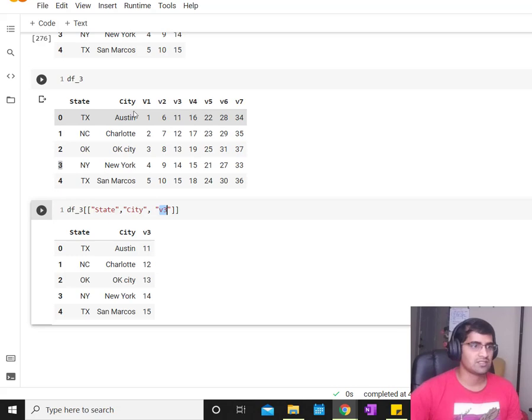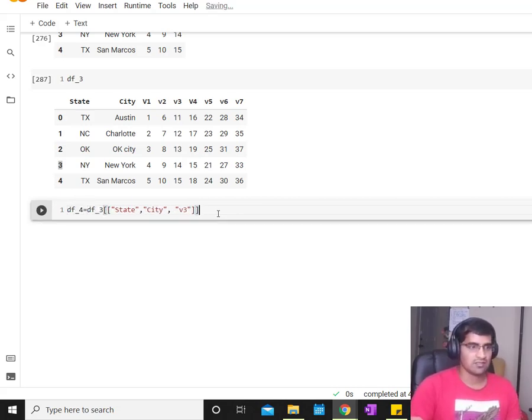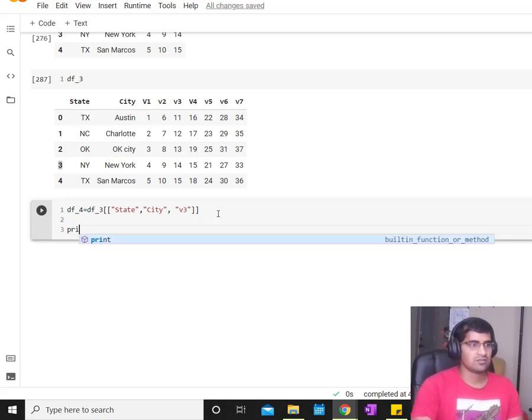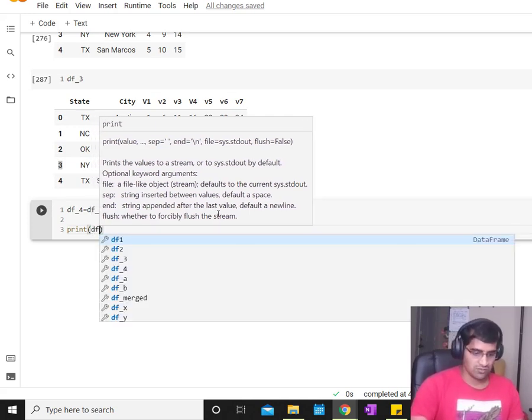In this way you can create a new data frame, and you can always name it, say, df_4 equals this. And then based on your requirement you can print it, save it, or whatever else you do.